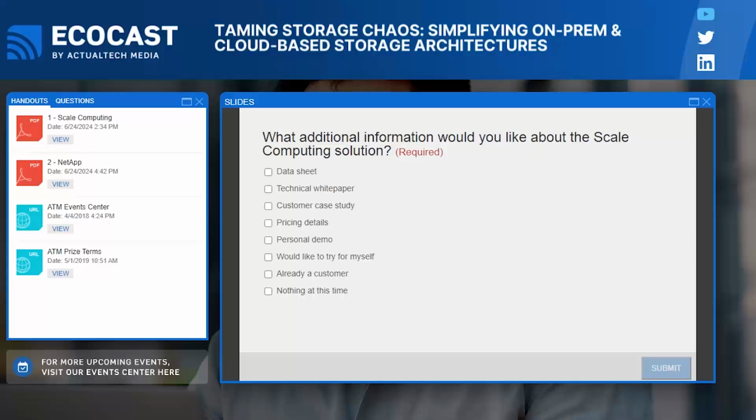Perfect. Okay. Next one is, could you explain how automated tiering and data deduplication work together to optimize storage performance and efficiency? Yeah, definitely. So as far as the initial tiering, you have your fast layer, and then you've got your slower layer. That fast layer is going to ensure that you're handling data inflows and making sure that they get to the fastest possible storage layer immediately. And then from there, you have your deduplication to make sure that you're minimizing your footprint. And that's happening again at that top layer initially, where possible.